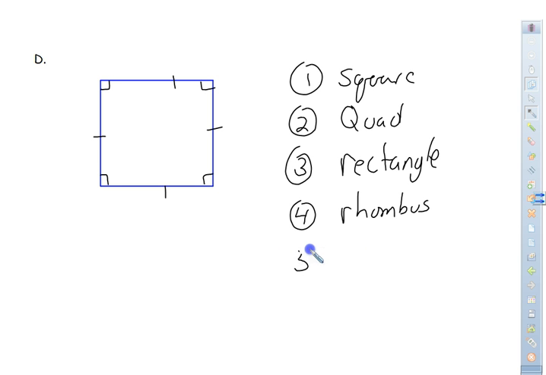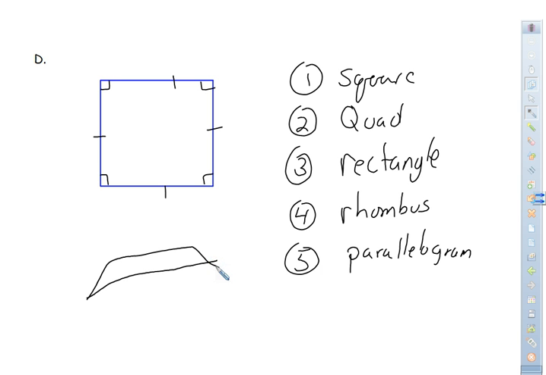And we could call this also a parallelogram, because it has opposite sides congruent, opposite sides parallel, opposite angles congruent as well. So that would be a parallelogram. Now the question is, can we call this a trapezoid? And the answer to that is no, because it has 2 pairs of sides that are parallel. A trapezoid can only have,